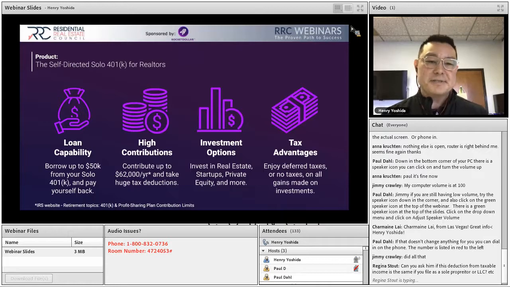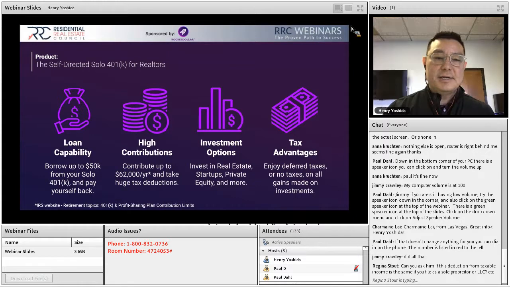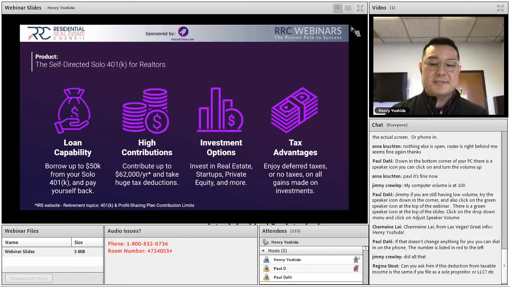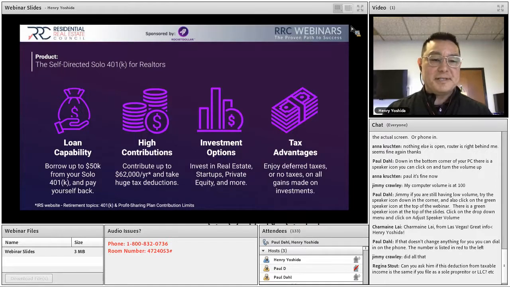So if you have $100,000 or more in old IRAs or old 401ks, you're now in the real estate business, and you want to take some money as a business loan to yourself and pay yourself back, you can actually use those monies to get your business started. That can be used for marketing expenses, office space, whatever it may be. And I've talked to people, and we facilitate this for